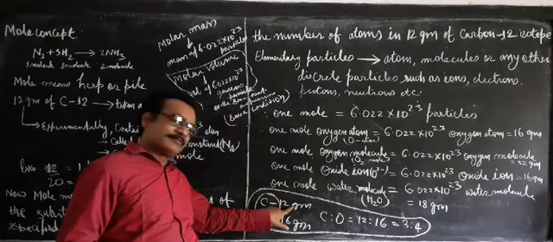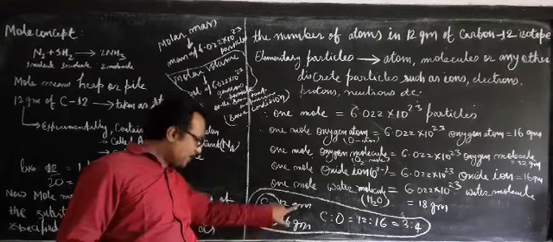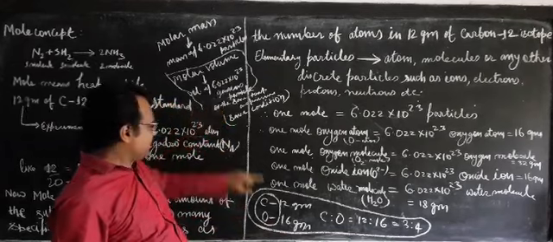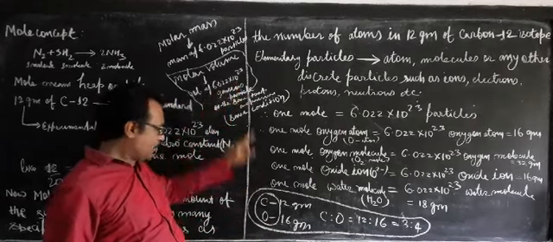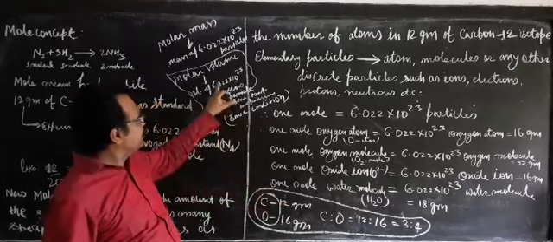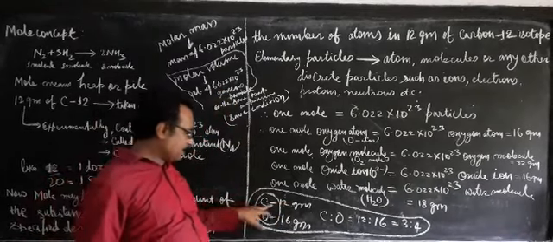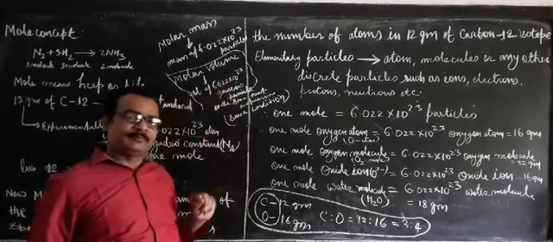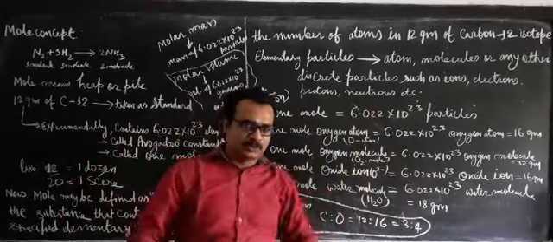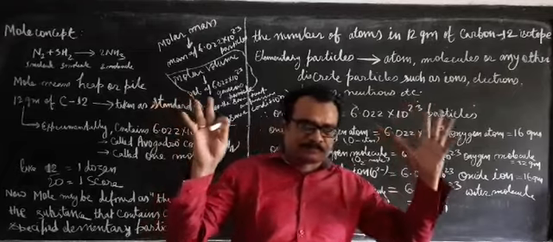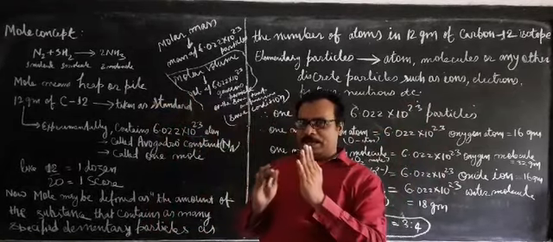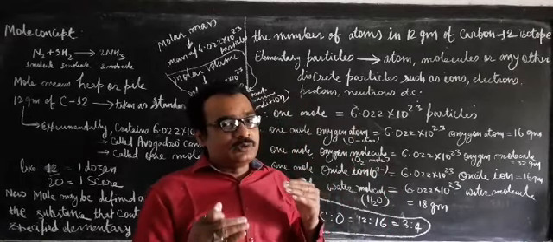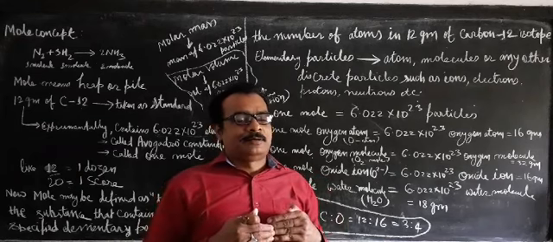When you double this mass, then the number of particles will be doubled. If you have taken 12 gram and 16 gram, then the number of particles in both the things will be this much. If you have taken double of this, then both will have double this number. If you have tripled the mass, then you have triple the number. So that means what happened? Compare any element in this universe, but take the same ratio every time. If you take the same ratio of mass every time, you will find the same number of particles in every case.